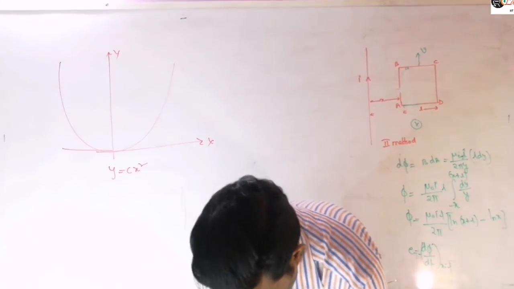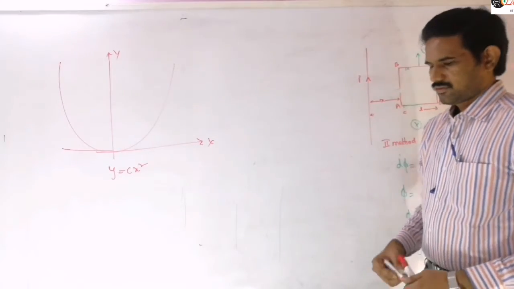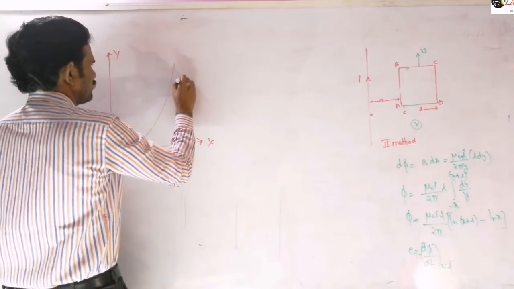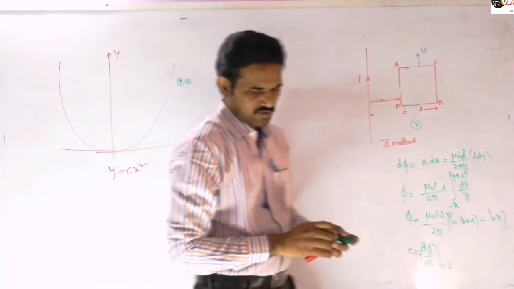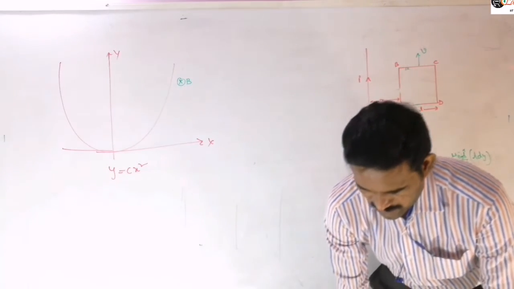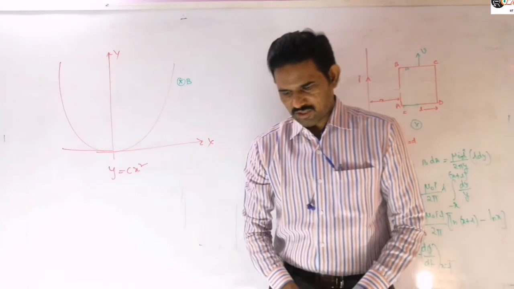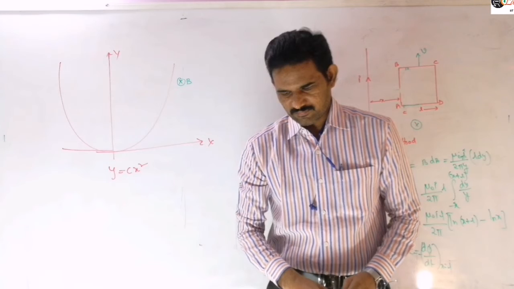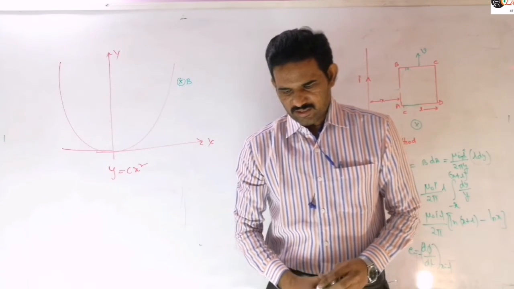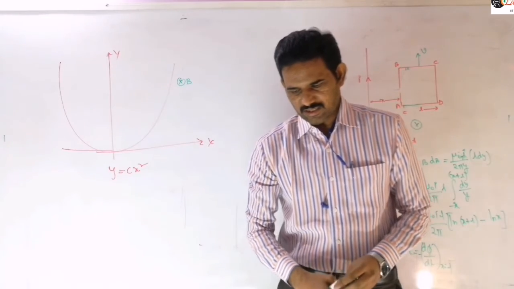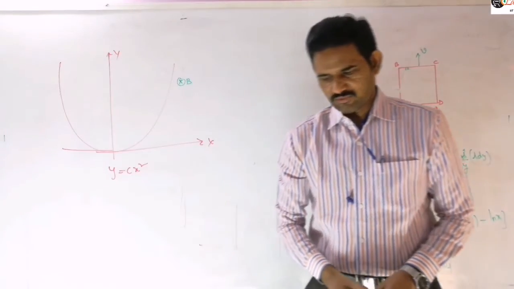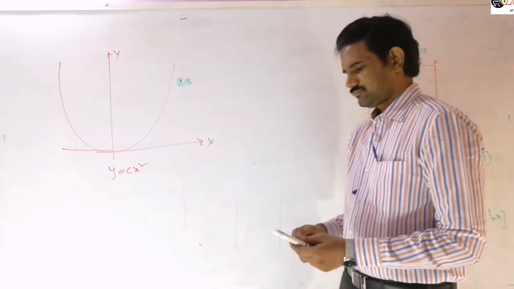The parabola is placed in a uniform magnetic field B. The uniform magnetic field B is into the plane here. At t equal to 0, a connecting slider starts translating from the apex of the parabola with constant acceleration A. Find the magnetic induction in the loop as a function of y.